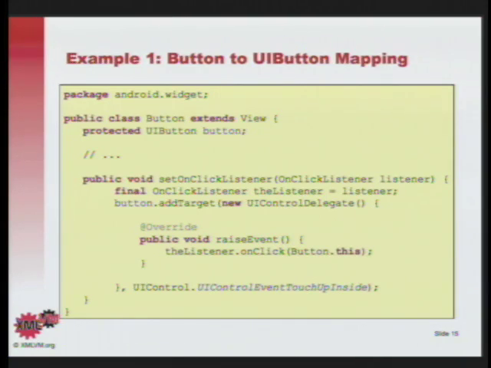And this UIButton that you see here in the first line of this class Button is, of course, the Java wrapper that we have created for the Cocoa Touch UIButton. So UIButton is the name of the class of the iPhone button. I have one little example here that's a bit more sophisticated. If you have a button, of course, you want to install a click listener. It's called a click listener in Android. A click listener allows you to install a callback. Whenever the user presses the button, the application will be notified via this callback. There's a method called setOnClickListener, and you pass it an interface reference called OnClickListener.